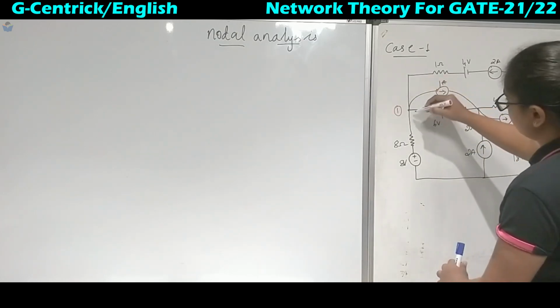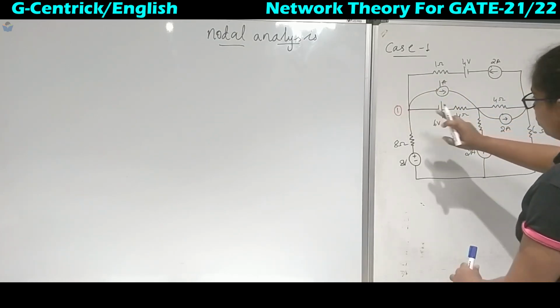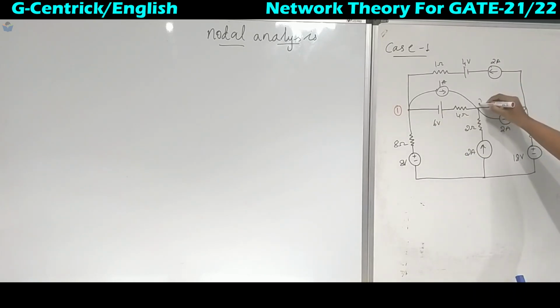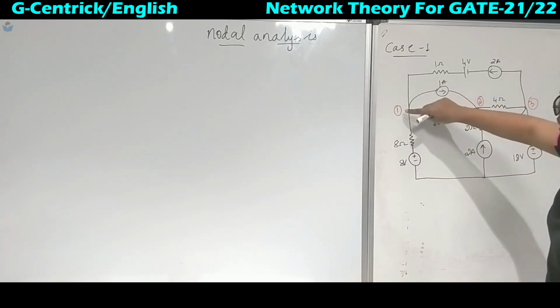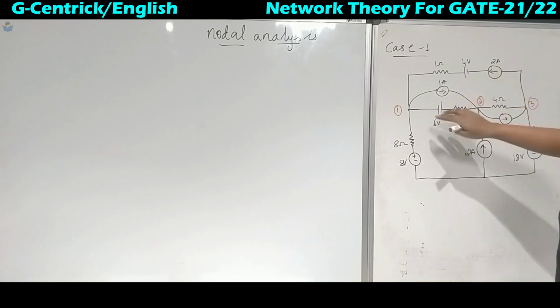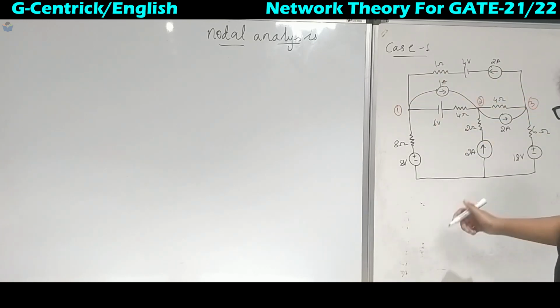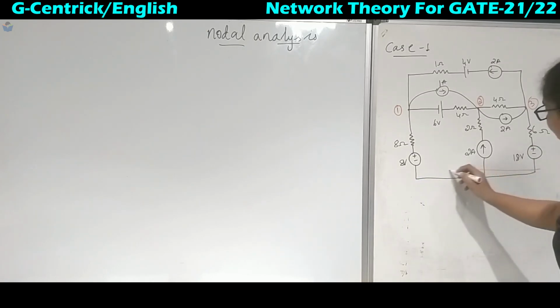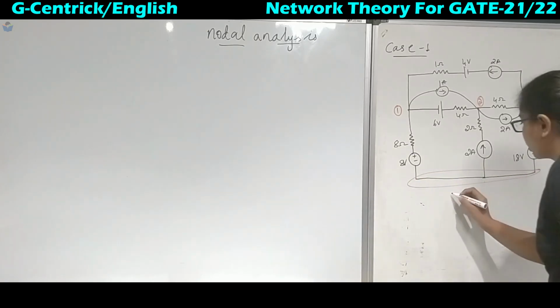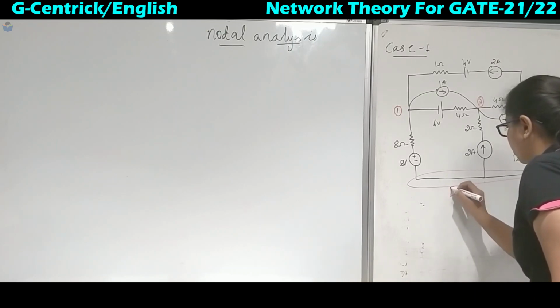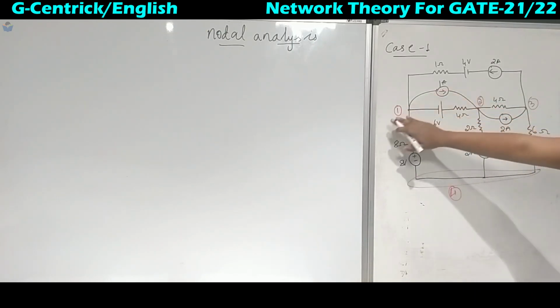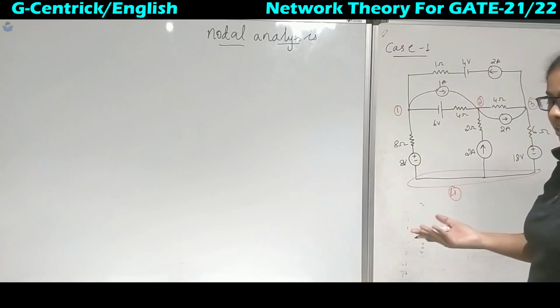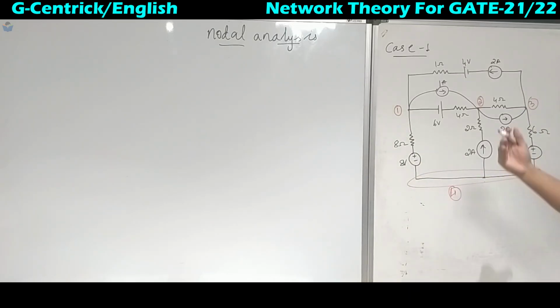See, 1, 2, 3, 4 branches are joining and forming one node. And here this is one more node, and here this is one more node. This cannot be one node and this cannot be another node, because it has the same potential. This is same as 3 and this is same as 1. So all these 3 points together I can take as one node. Okay, so I will take this as the 4th node. Now the first step is over in the procedure. The second step is to assign the voltages to the nodes.